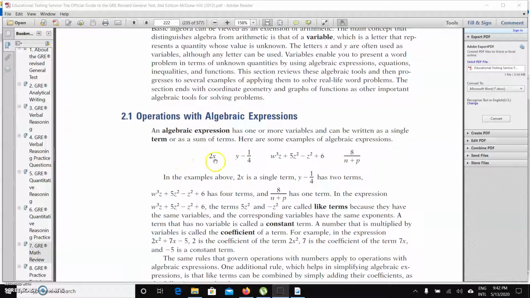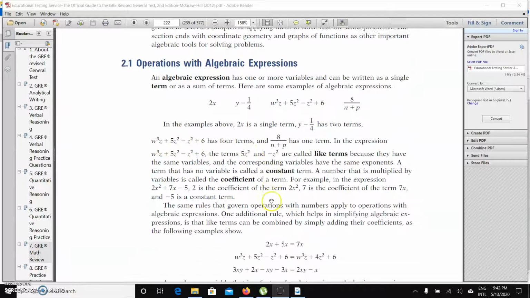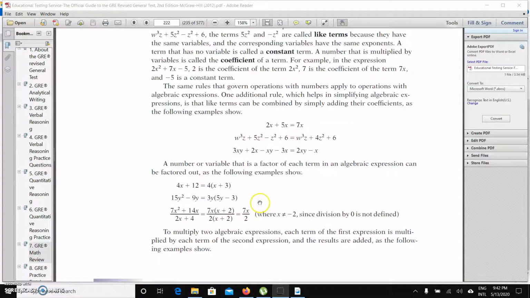Now, this is an algebraic expression, 2x. x minus 1 over 4 is another one, and so on. You can have one variable, in this case x. If you have two, like w and z, these are the things you need to know. Now we can solve this,